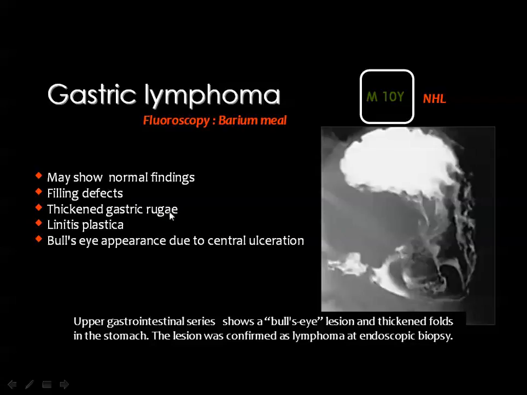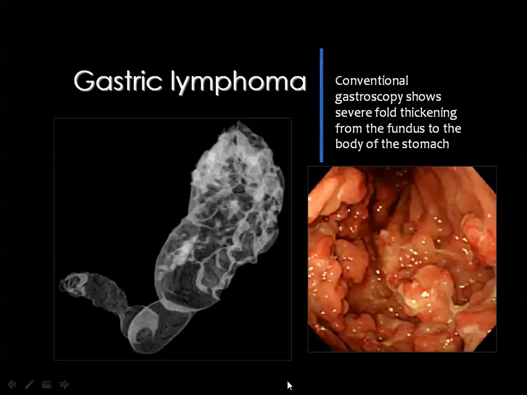Commonly you see thickened mucosal folds, and you remember that lymphoma is one of the causes of linitis plastica appearance, and sometimes the patient presents with mucosal lesions with mucosal ulcers. And this is a common appearance of lymphoma infiltrating the gastric wall, presenting with bulbous mucosal hypertrophy, and this is CT